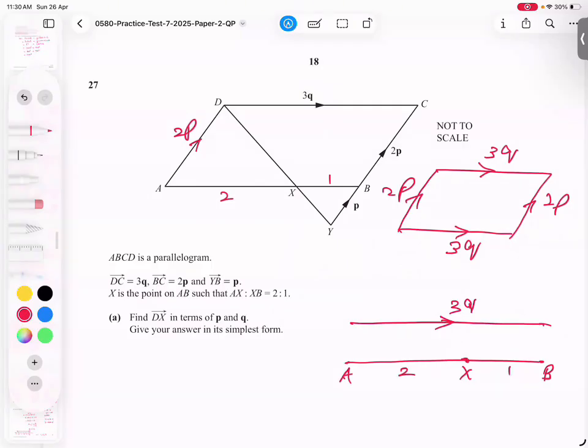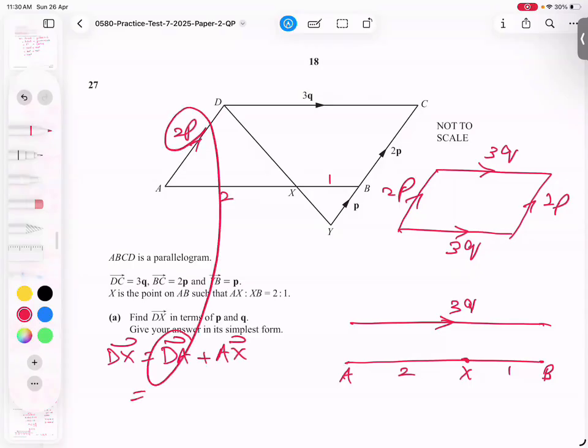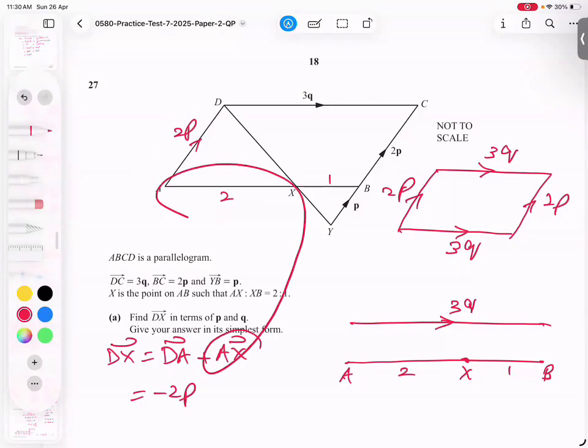All right, and what am I looking for? DX. What is the path? I have two ways, this, or this to this. I think this is easier. So the DX path is equal to D to A plus A to X. D to A is going backwards, so this is negative 2p. And A to X is